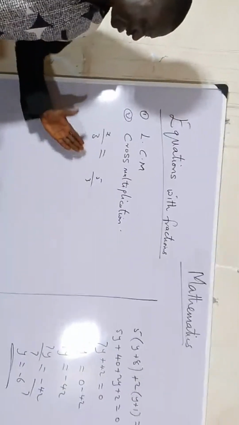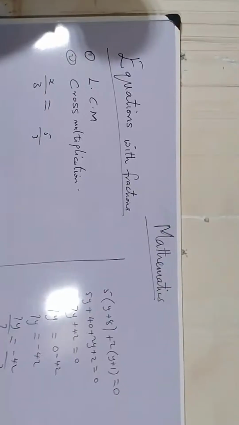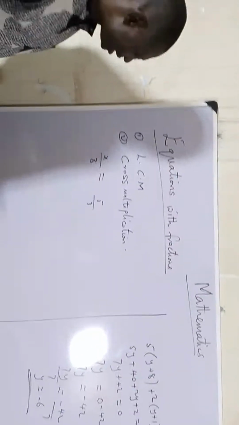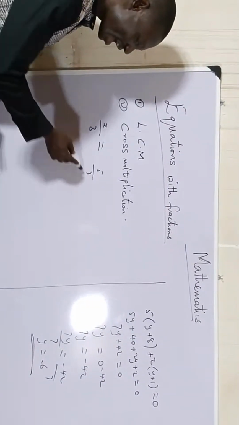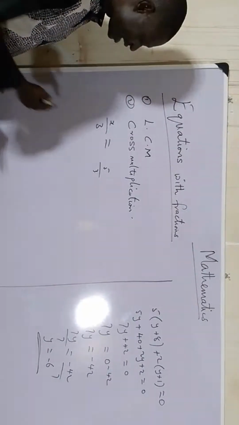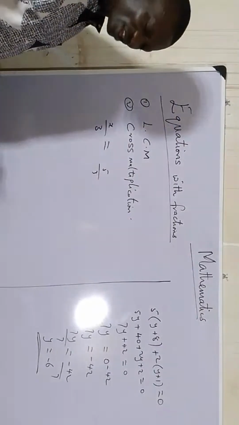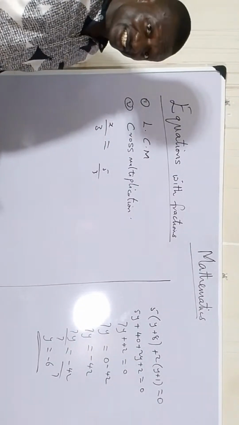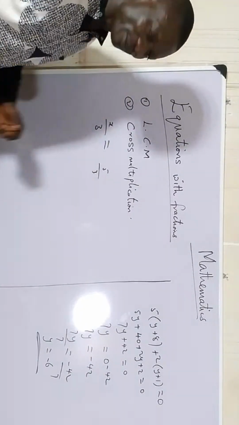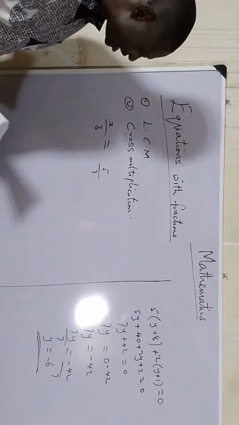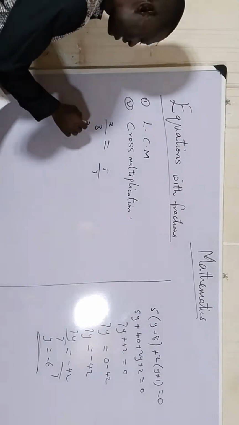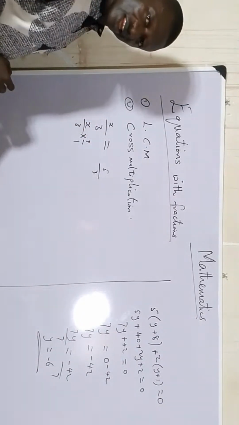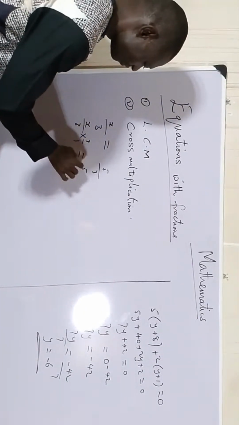If we have 2 of them, they are 3. Remember the LCM we're talking about is the LCM of the denominators. And the denominators here are 3 and 3. Then the LCM of 3 and 3 is 3. So the rule says multiply each term, not each side. Multiply each term by the LCM of the denominators. And so we have x over 3 times 3 over 1 as the LCM, being equal to 5 over 3